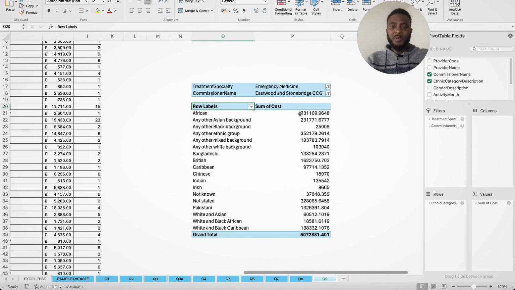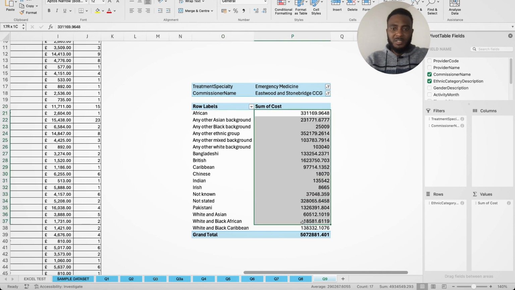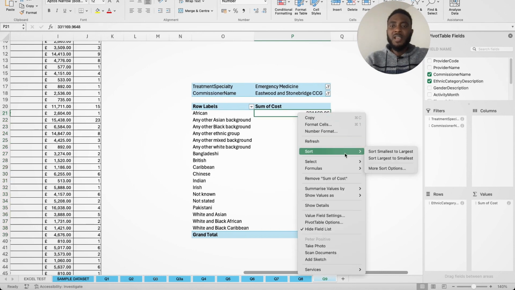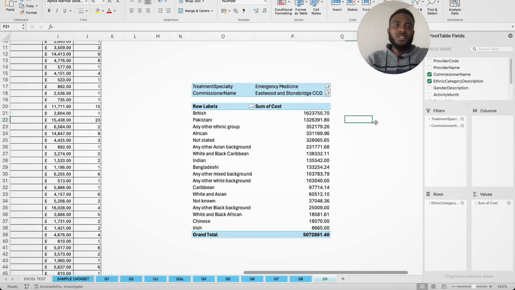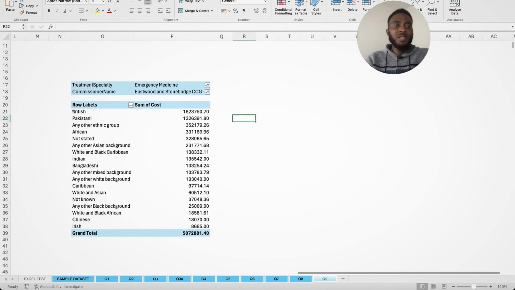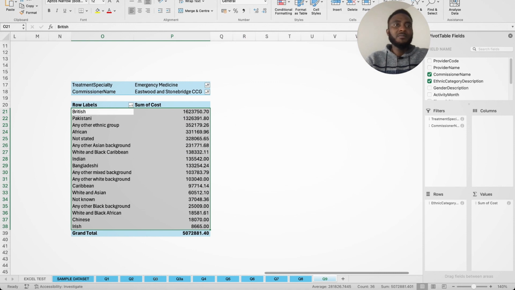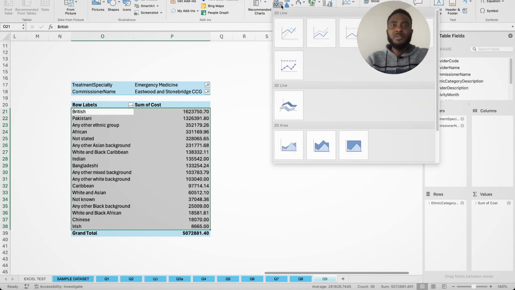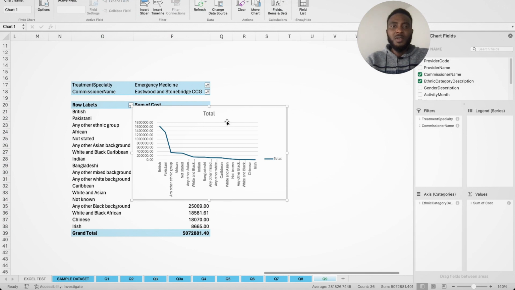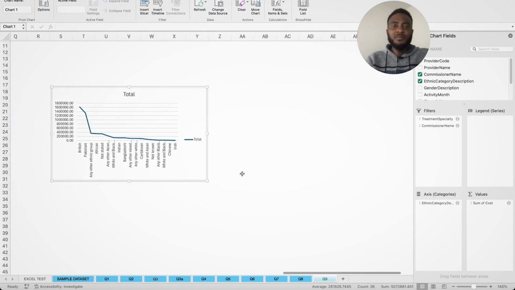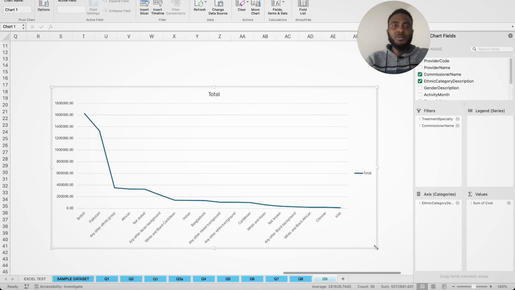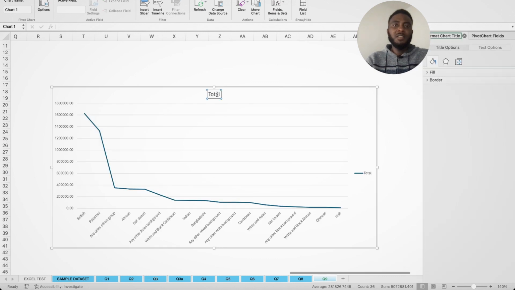Again, I have 4 decimal places. I don't want that, so let's just take this down to 2 decimal places, just like that. And then now let's sort it largest to smallest, just to keep it neat. And then we can just insert a trend line. Let's insert a trend line. So, and just like before, we can style it a little, and then this is cost variation